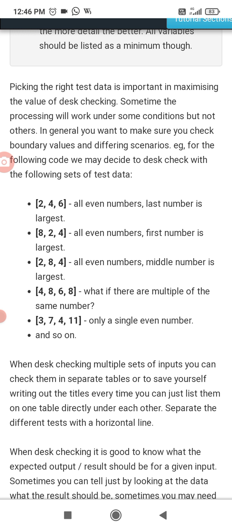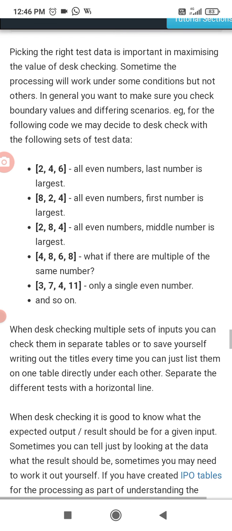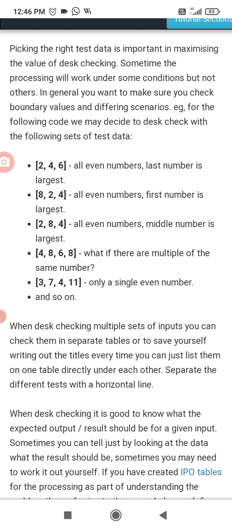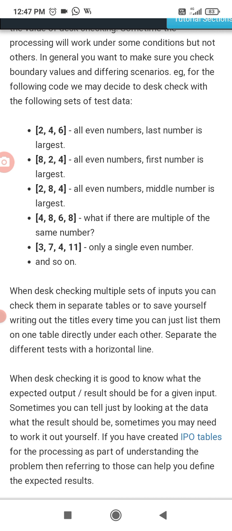Then 3, 7, 4, 11, only a single even number is there, and so on. Like this we can take only odd numbers. We can take even and odd numbers, with only one even number in an array. All these possibilities are there.